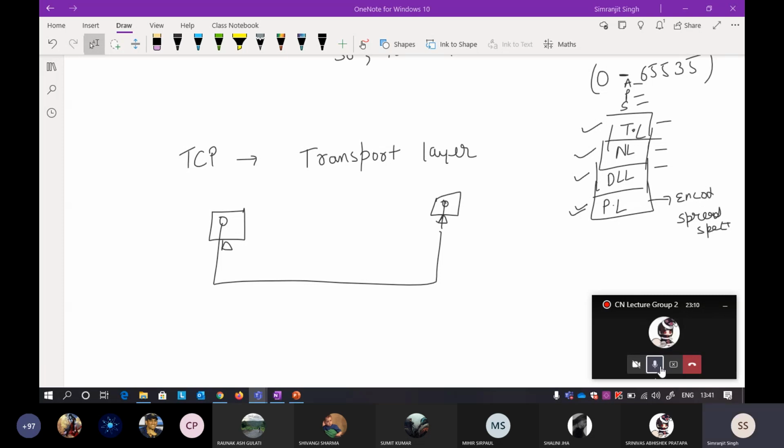Now port numbers are simply used when you want to communicate from process to process. We always use the port number. In a specific host there may be multiple ports that can exist. Every application is running on a specific process number that is referred to as your port number.